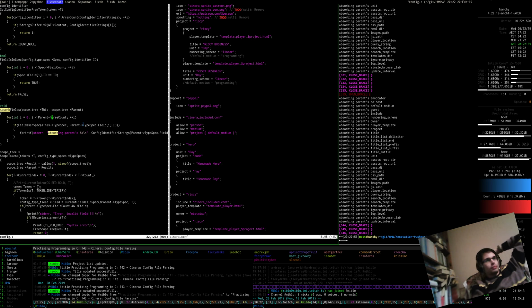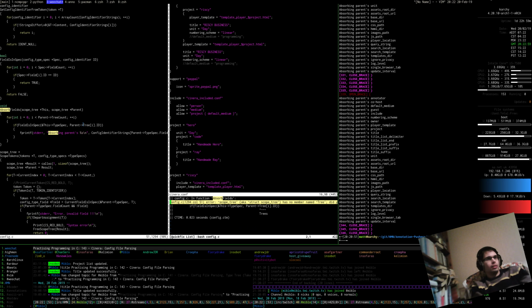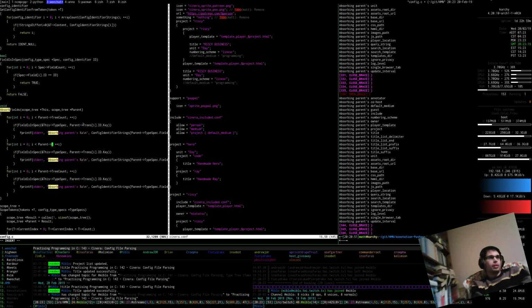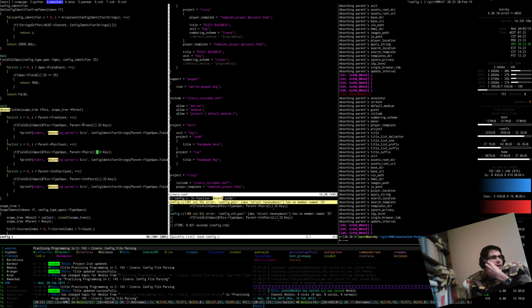So we're going over all the trees. So we want to be looking at the tree. Trees ID key. Right. Let's just write all of these out. So we're going to have the tree count, pair count, so the pair's ID